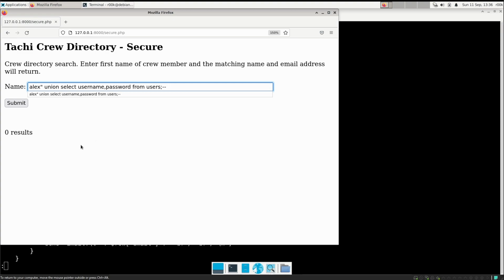Basically, in this example, we're just using the wrong quotes to break out of that where clause. And since we don't actually break out of the where clause, it still interprets this as being inside of those quotes. It'd be just like that. The database treats all of this as if it's just text inside of that where clause. Since there's nobody named that, it doesn't return any results.